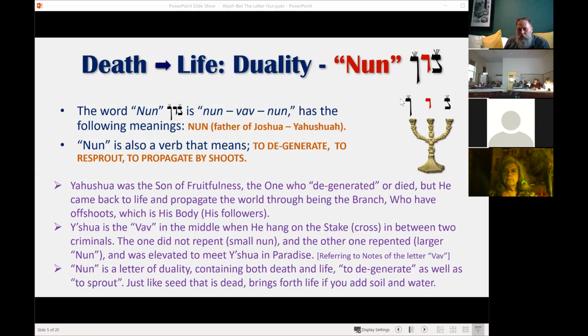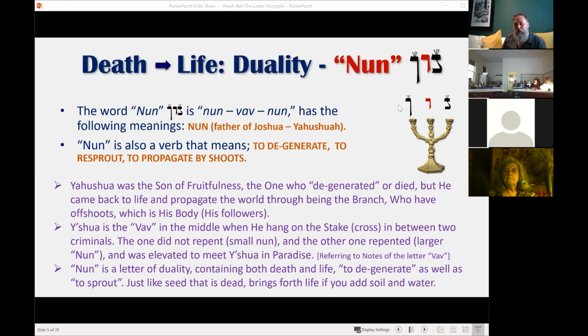On the one side, we have mature Nun. On the other side, we have immature Nun. Now that is what the Nachash is doing. It's wanting to pull us back to a small Nun, and the Ruach wants to create in us an enlarged Nun. Now this enlarged Nun is on the left, so that means it's possible to exist in a higher form within a world of duality, because Yahweh makes it possible through his Ruach.